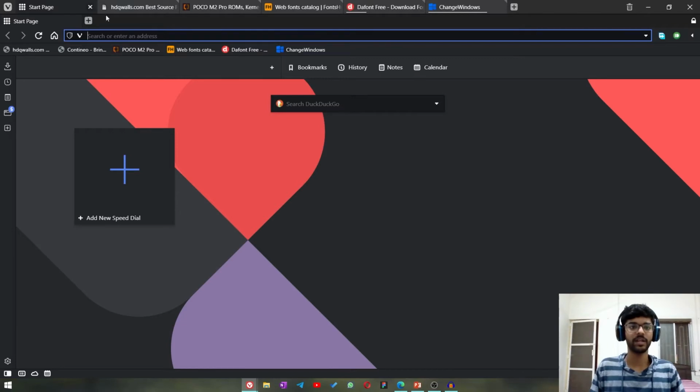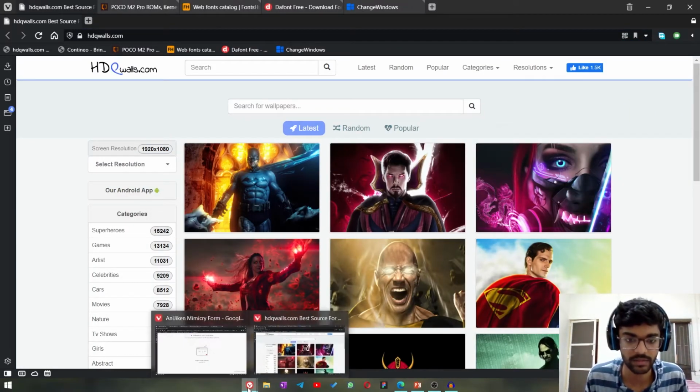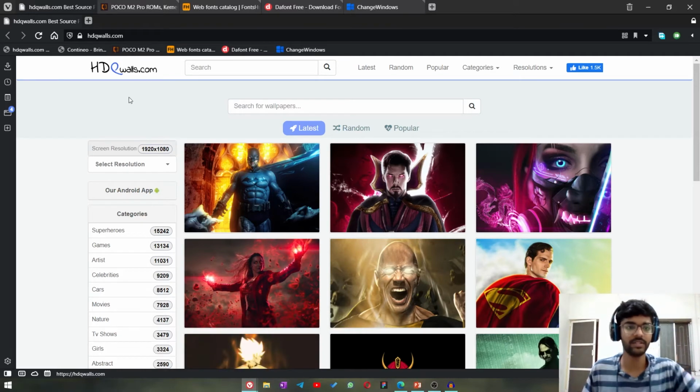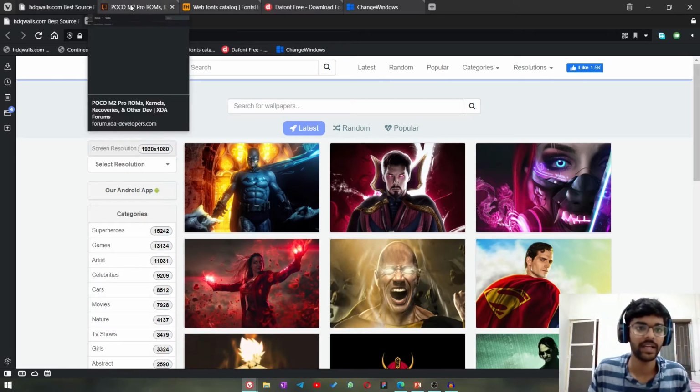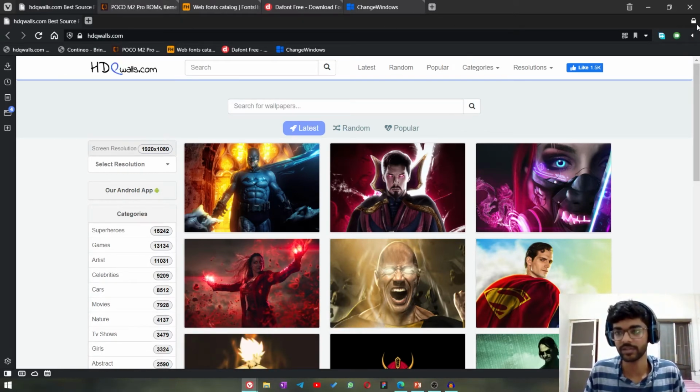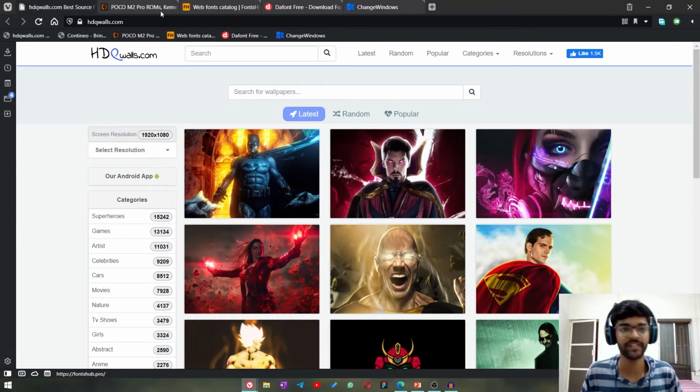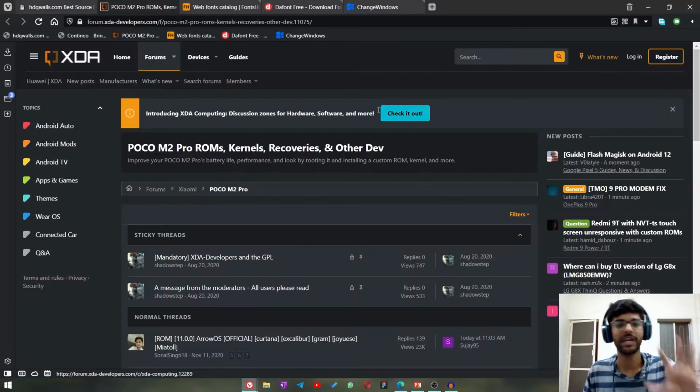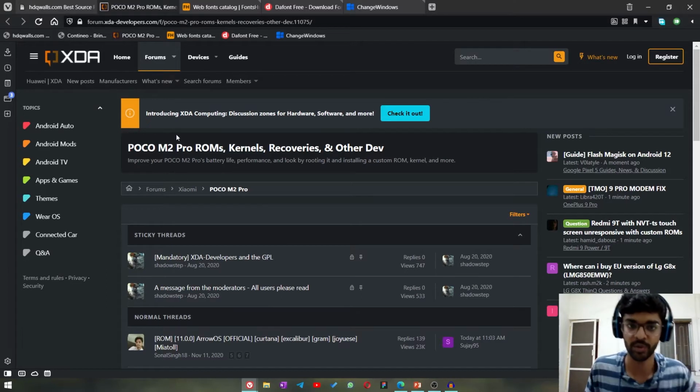Okay, and let's close the start page. Okay, cool. So now these are websites, and let's just unlock this for a second just so that you get a familiar interface. Now let's say I'm on the XDA forum for Poco M2 Pro.